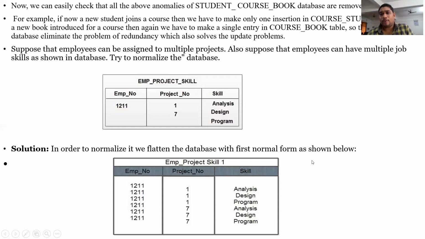In the next class we will discuss what is meant by decomposition and what are the various properties of decomposition. I hope you understand the 4 normal forms. In the external exam there should be exactly 1 question among these normal forms. This is very important. I hope you understand the class. Thank you.